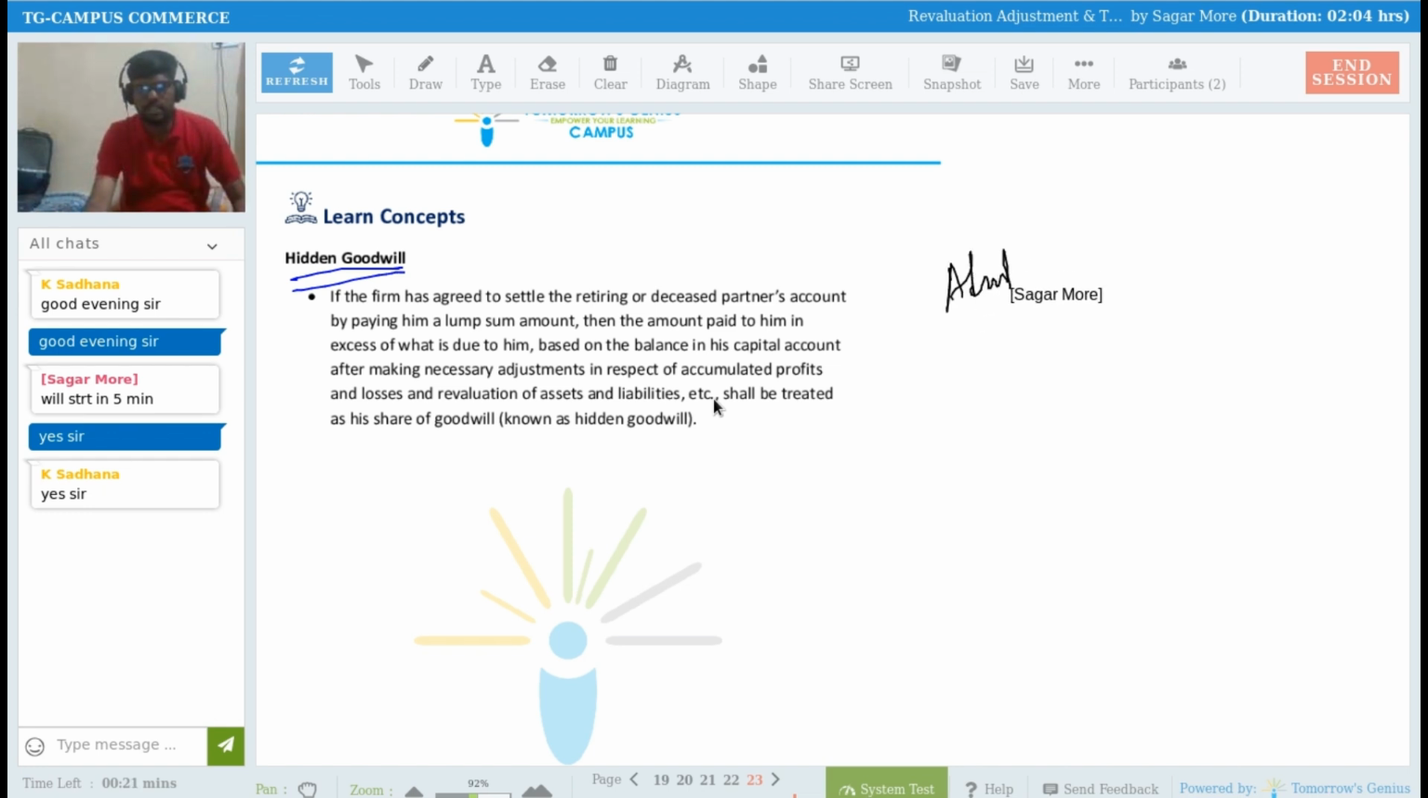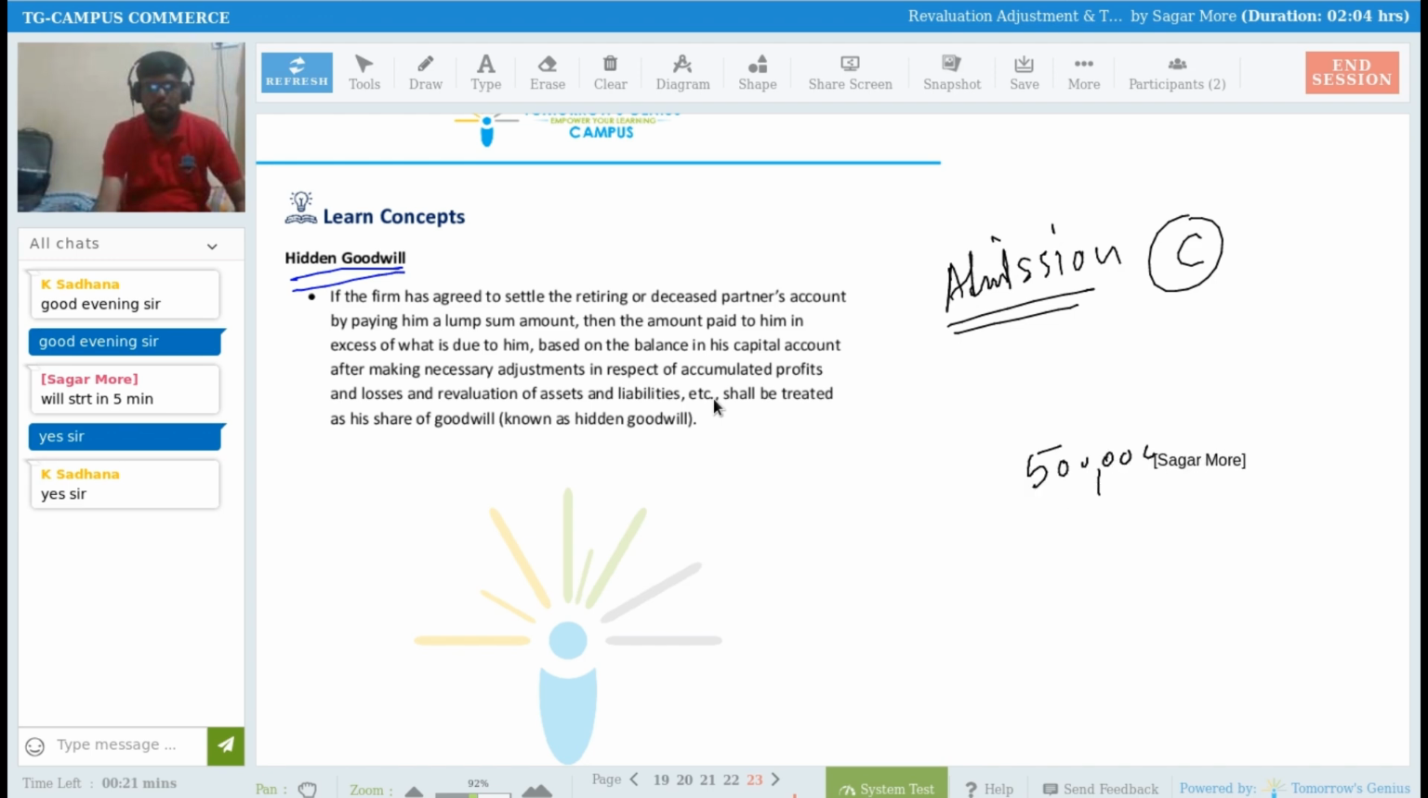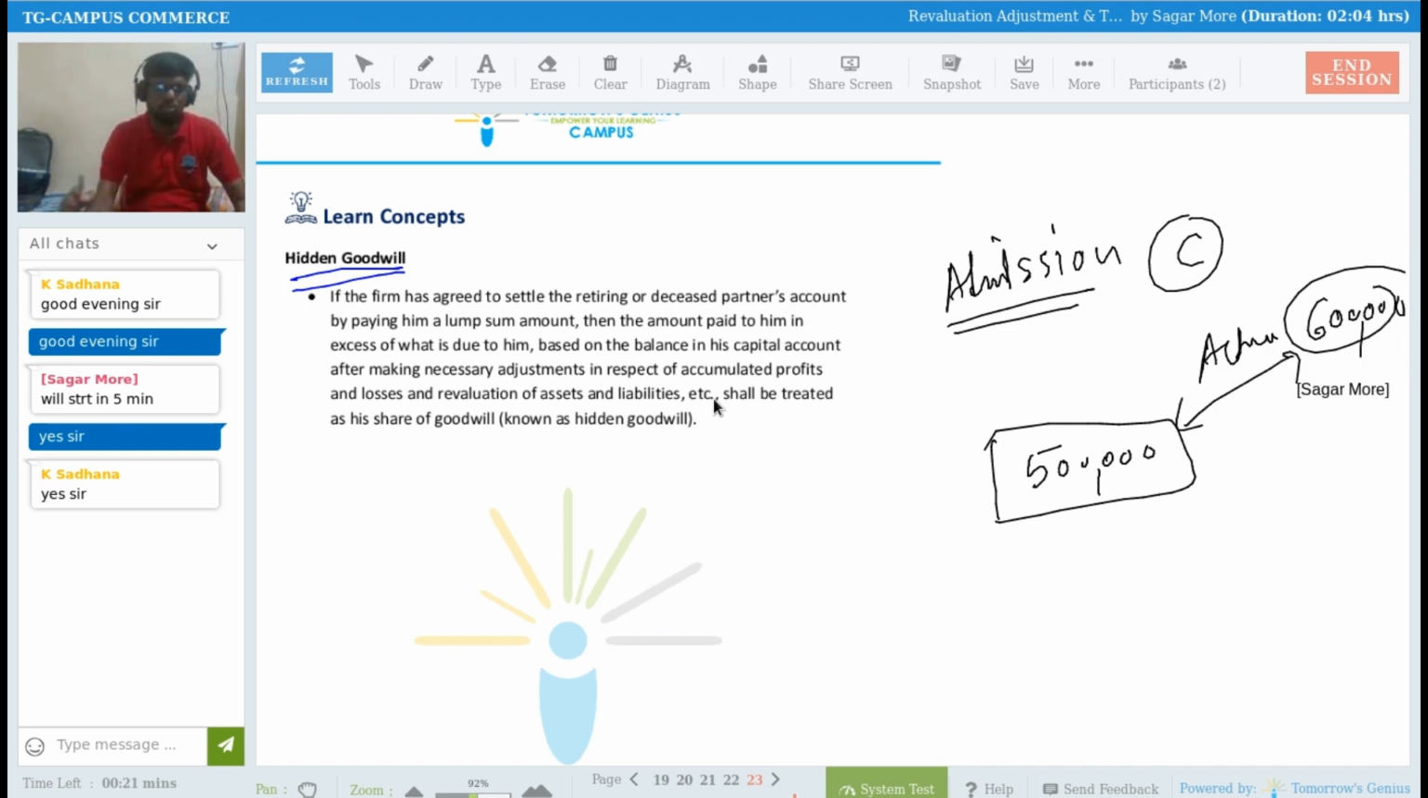For example, I'm just revising that admission of partner concept. After admission of a partner C into the business, the total capital has to be how much? 5 lakhs. After admission of partner C, total capital has to be 5 lakh rupees. But the actual total capital is 6 lakh rupees. So if there is a difference between these two, that 1 lakh rupees that you are getting more is only because of the goodwill amount,